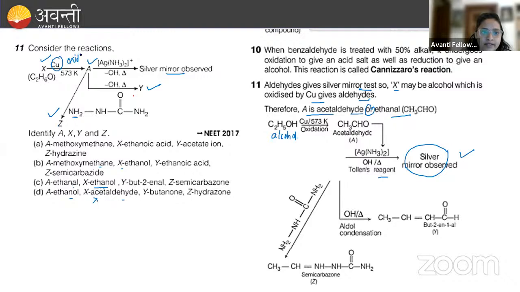ऑक्सीडेशन होगा कॉपर के साथ, X का ऑक्सीडेशन होने के बाद हमको A मिलेगा, और वो A होगा अल्डिहाइड, क्योंकि अल्डिहाइड सिल्वर मिरर टेस्ट पॉजिटिव देता है। तो हमारा X होगा अल्कोहल, और हमारा A होगा अल्डिहाइड। Any doubt? Yes, see अल्कोहल का ऑक्सीडेशन होगा, X है ना ये, इसका ऑक्सीडेशन होगा और फिर हमको A मिलेगा, and that's why A will be aldehyde। इसलिए ऑप्शन से अगर देखूं तो हमारा आंसर आ रहा है C, क्योंकि X अल्कोहल दिया हुआ है, यहाँ पे अल्कोहल है लेकिन ये अलग मॉलिक्यूल है, ठीक है,